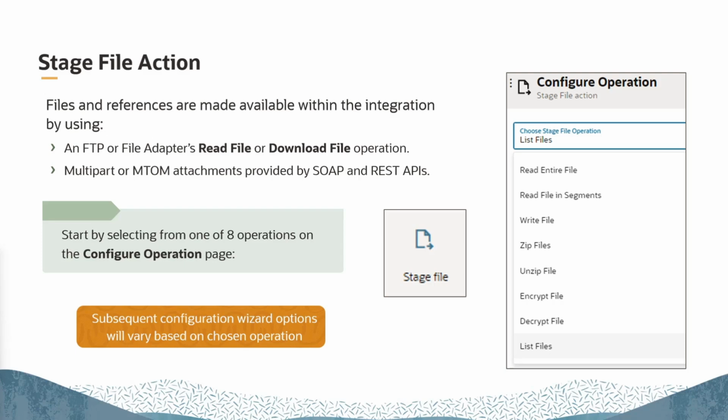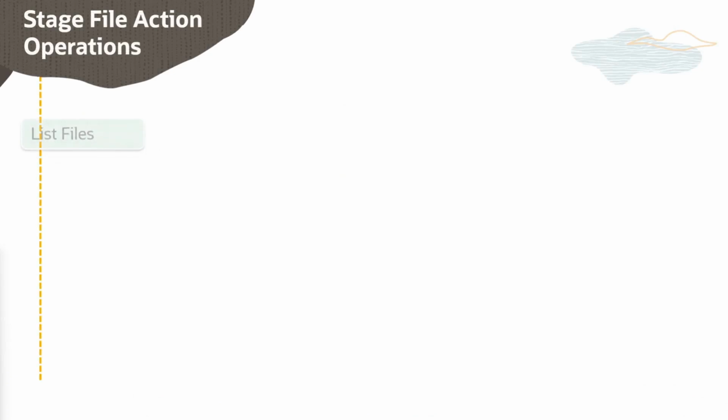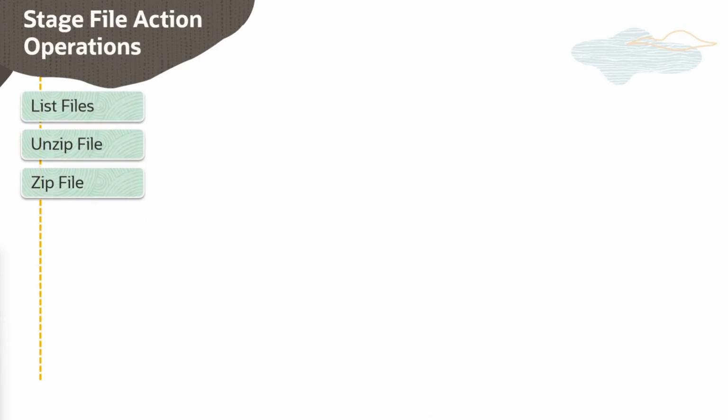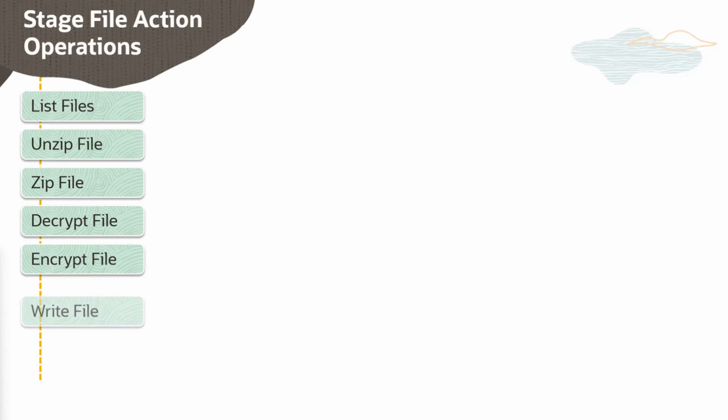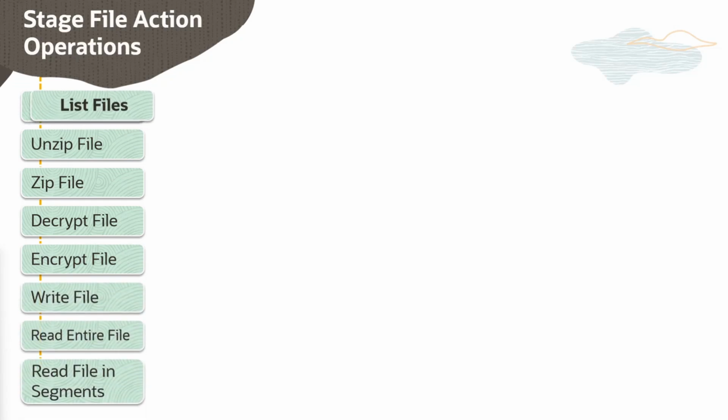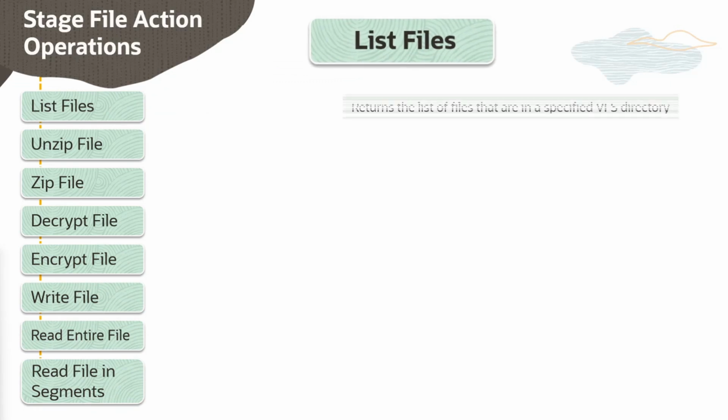However, for a stage file action to process or act upon files or attachments, they must already be available in your integration instance. Let's now look at the functionality and how to use and configure each of these. We'll start with list files. This operation is used to return a list of files that have been